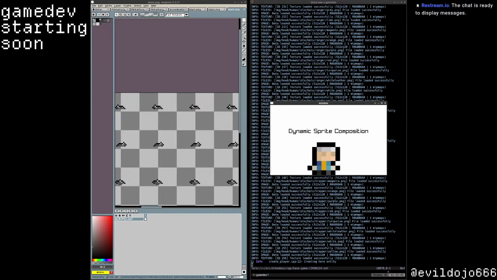Not to mention, there's a part 2 to this whole project of dynamically composing my sprites now, because while the pixel artist has generally done a very good job of creating and providing assets,